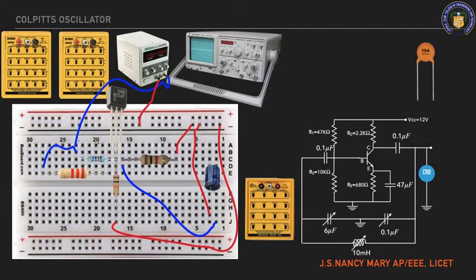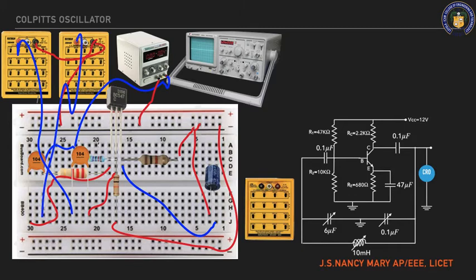Now I'm going to connect the 0.1 microfarad. One end is connected to the collector, the other one is connected to the base. Okay. Now I'm going to connect the decade inductance box and capacitance boxes. I'm going to connect the capacitance box one end to 0.1 microfarad, the other end is grounded. So both the capacitances are together and grounded. And then the other end is connected to another 0.1 microfarad.